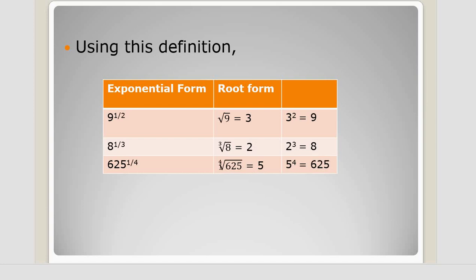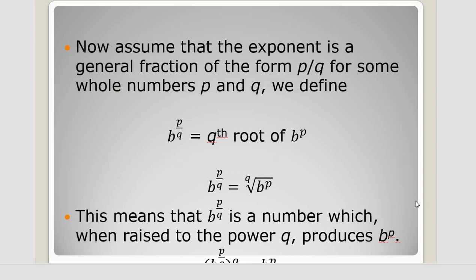So we write 625 to the power 1 by 4, the fourth root. If you write it in this form, it is 1 by 4. If you write it here, it will be 4 in the corner of the root sign and you'll get 5. 5 power 4 is 625. We'll do more numerical examples.